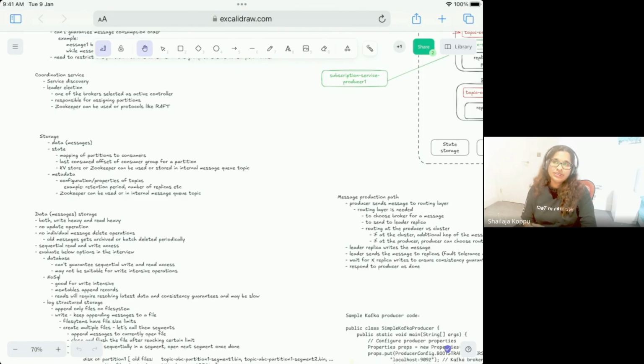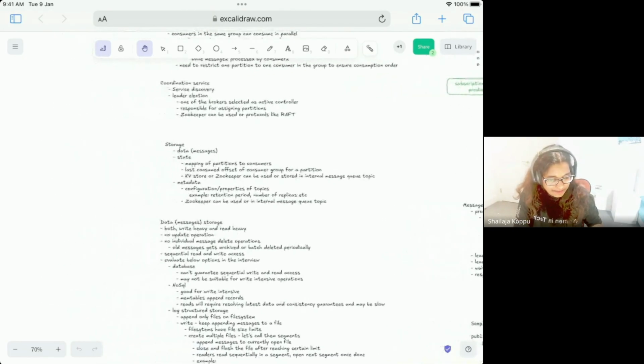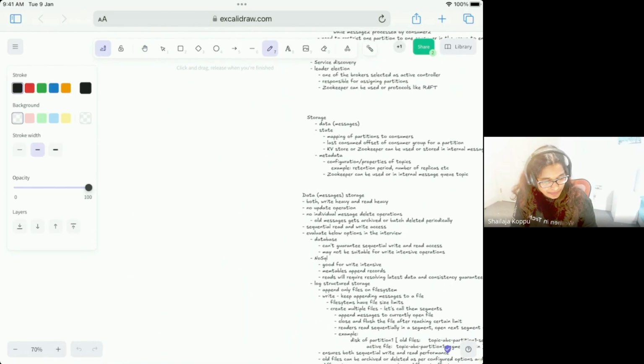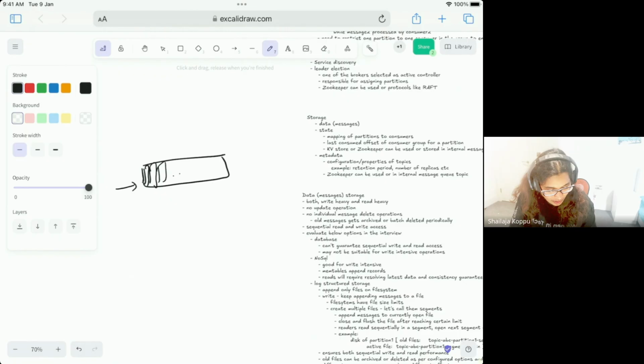So in the message queue, how is the data going to come, if you think through that. So this is the message queue. The producers are creating the messages, say message 1, 2, 3, and so on. Consumers are reading from somewhere.